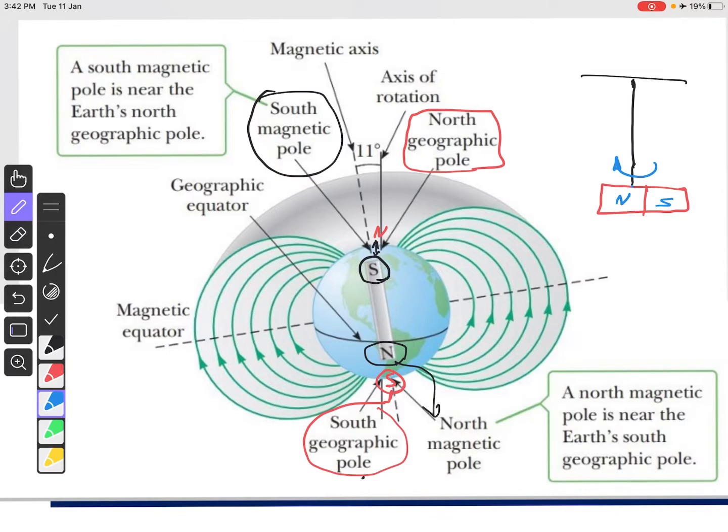Now, if that magnet is free to rotate, you know that South Pole will attract the North Pole. So north of that magnet will be aligned in this way. This is going to be the North Pole of that magnet and South Pole of that magnet. After a while, it will align itself with the magnetic field of the Earth. So the north of the magnet that I have will be attracted by the south magnetic field of the Earth. In another way, you can say the north of the magnet you have is the north of the geographic. That's why we use it as a compass. And the south of the magnet that you have is going to be the south of the geographic. That's why we can use the